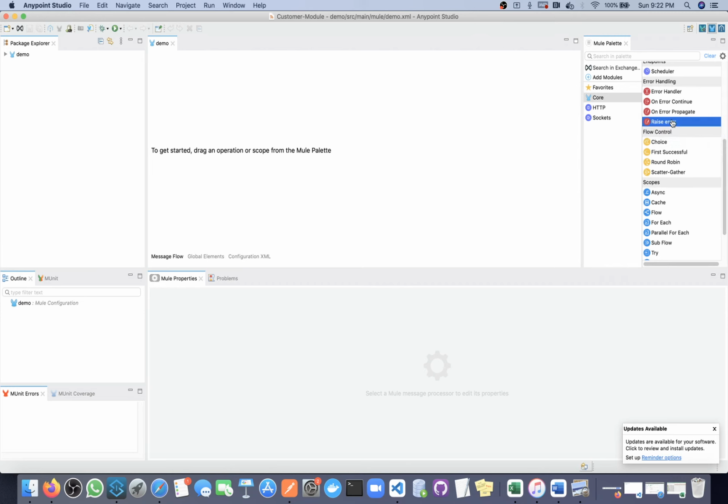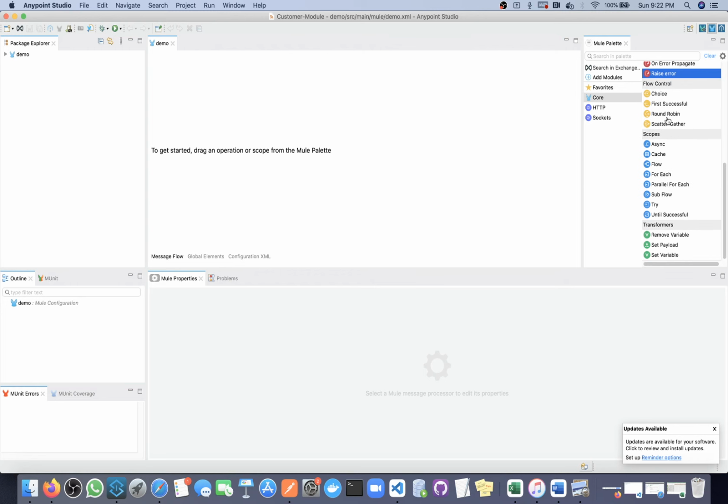For example, if there is a business requirement that if a person's age is less than 18 years, then throw an error. You will not get any technical error for age less than 18, but if you have that business requirement, then you can use this raise error component and raise an error at this particular place.